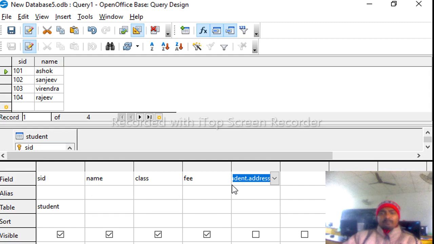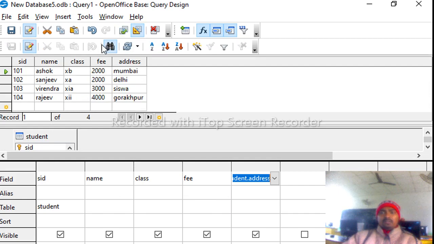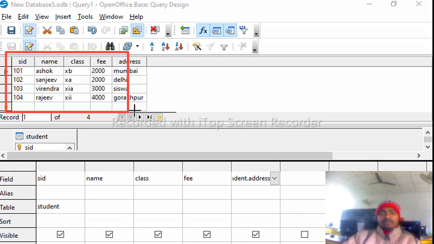My requirement is I want to display all the fields of the student table: SID, name, class, fee and address also. Then after selecting all fields, simply click on the run query option to get the output. We can see here all the fields with all records visible.